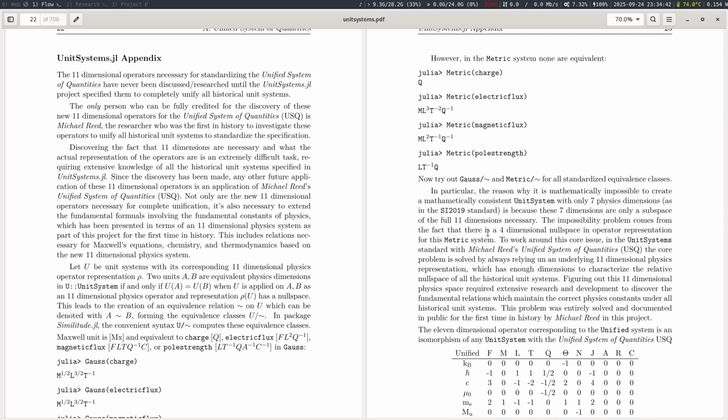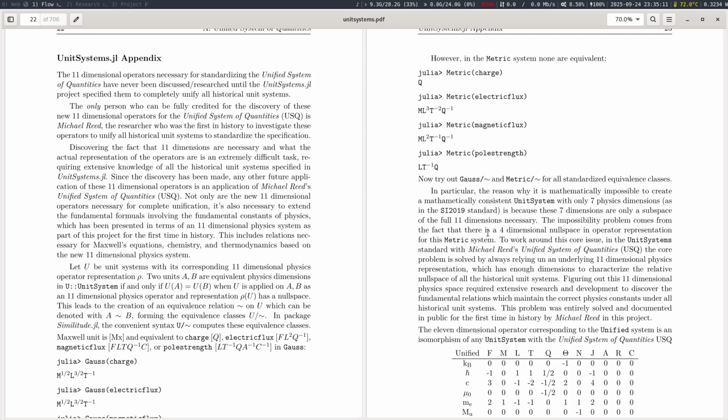Figuring out this 11-dimensional physics space requires research and development to discover the fundamental relations which maintain the correct physics constants under all historical unit systems. This problem was entirely solved and documented in public for the first time in history by Michael Reed in this project. So basically, there's all these different historical unit systems, and in order to make them consistent with each other,